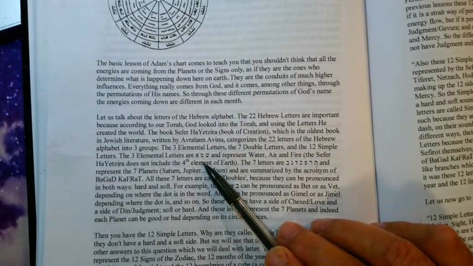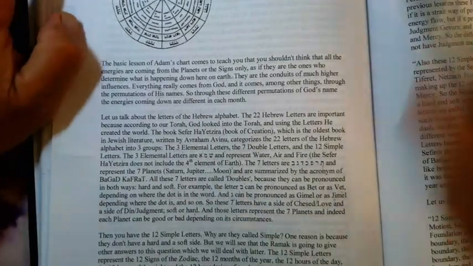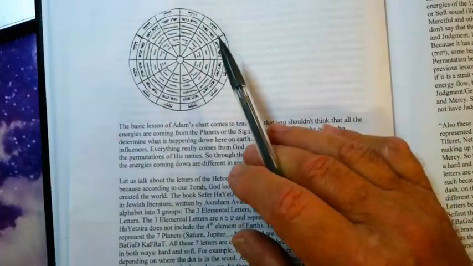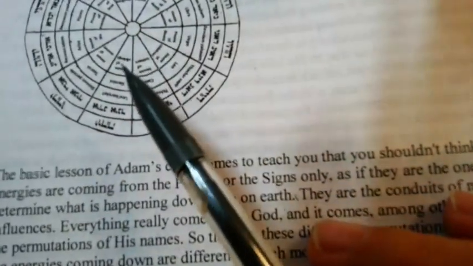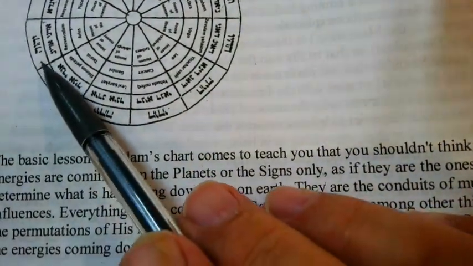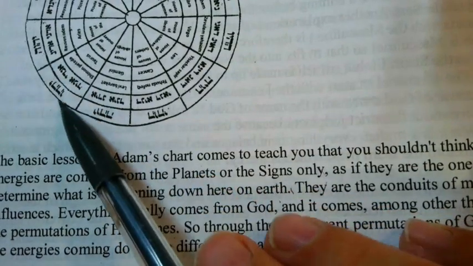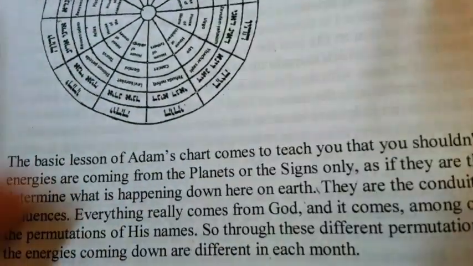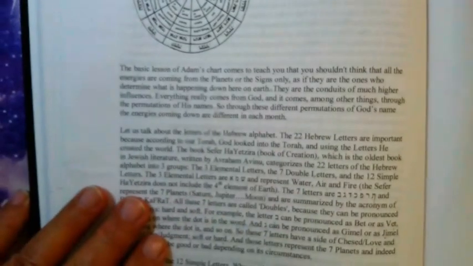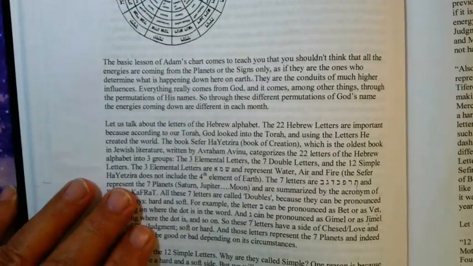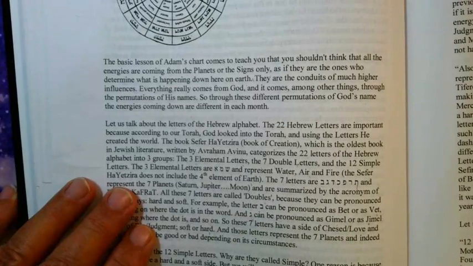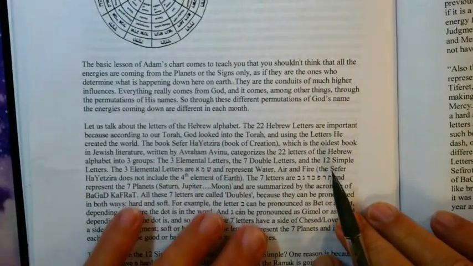Parts of letters, different letters can change. You have to know the Hebrew alphabet to see how it can change. But we saw up here that as far as the seasons are concerned, we get down there where we could see it again. And this is where Aries comes in, right here at Yud-Kei Vav-Kei, but there are other permutations of God's name. Well, when you're talking about that, then you're talking about also different combinations of letters. And letters, he's telling us over here, are fundamental to the creation of the world, and they can be grouped into 3 categories. And he names pretty much what the letters are.